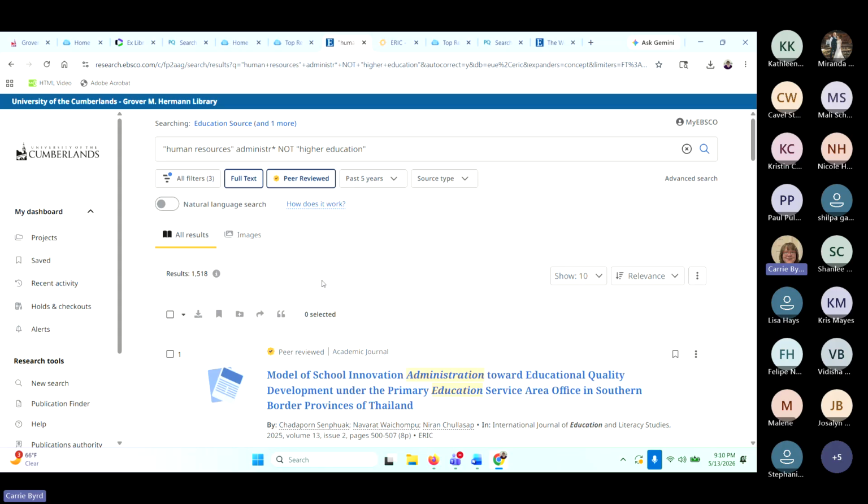So if I feel like my results are being diluted because there's one overwhelming body of research in that particular area, so for example, administration and higher education, or teacher burnout in middle school, or